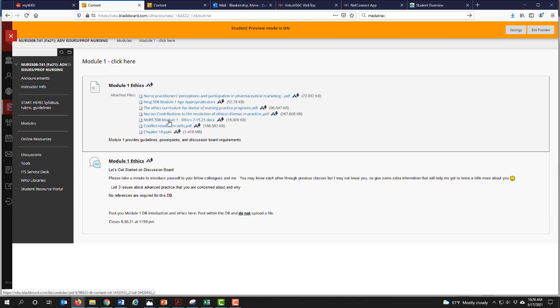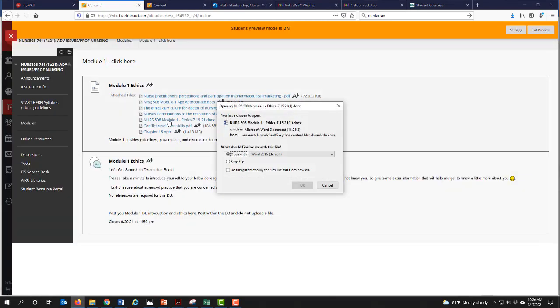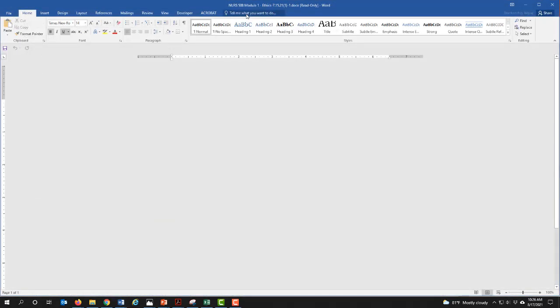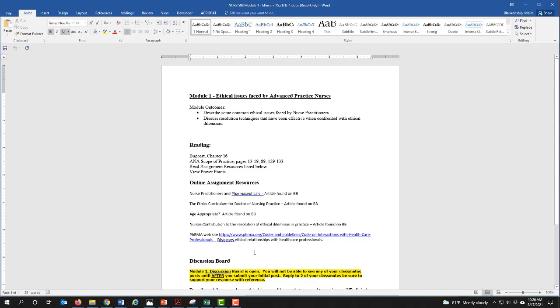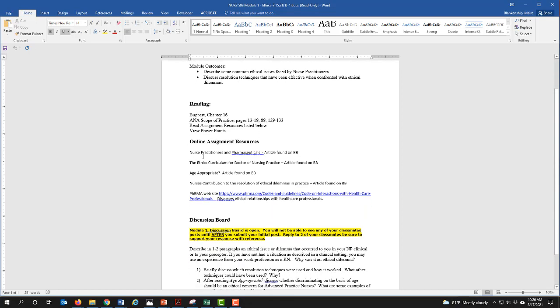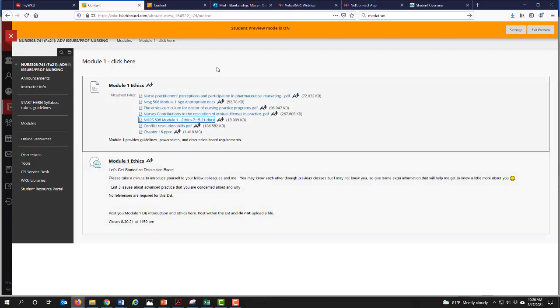the requirements of the module, which is this document, and I didn't have it opened, but this tells us more about what the expectations are for this particular module. Each module assignment will have readings in both the book and PowerPoints. It will have online readings, and you will also be expected to view the PowerPoints. And you will see this assignment has several online resources to be viewed. If it says the article is found in Blackboard, then I have included it here as a PDF, so be